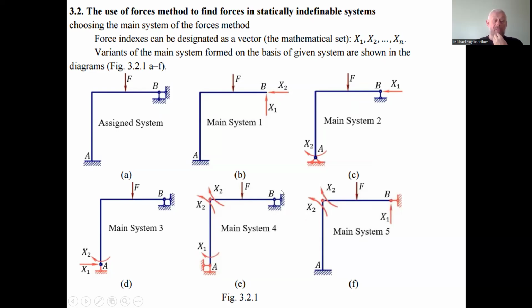And instead of the fixed hinge B, we put here just one link as a sliding joint, and put here as a subject to research a second variable of the forces method in the fifth option, like we have to find the vertical component of the efforts in the hinge x1. Okay, and I just want to underline that the last option of the mechanical system is not possible to use